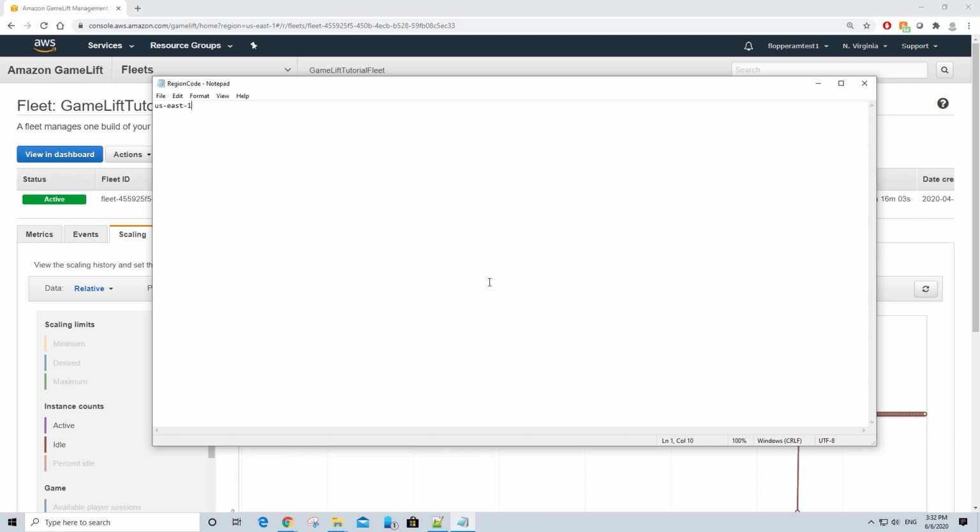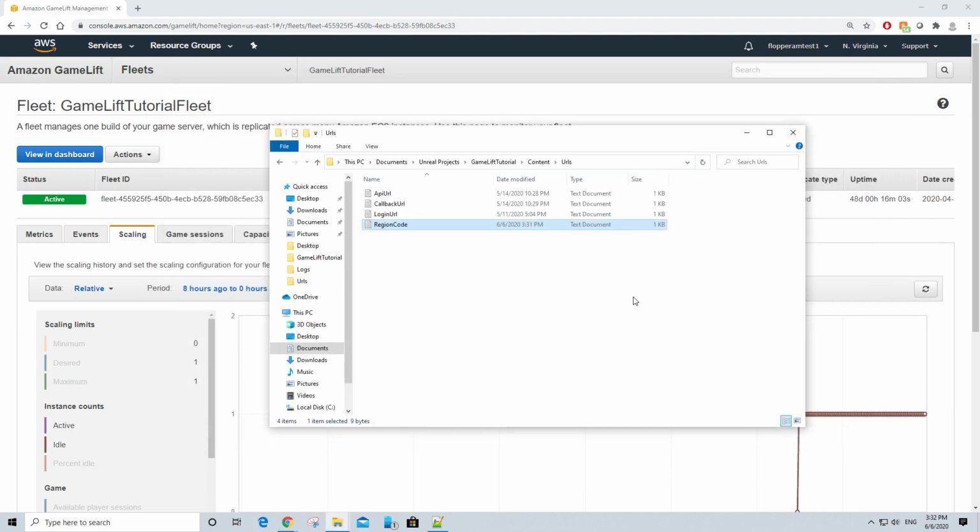Generally, the URL of the service endpoint follows the same format across multiple regions and even across multiple AWS services. Since we are focusing on just GameLift, the only variable of the endpoint route that changes is the region code. So once we're done with that, we can close this, go back to the main project directory where the uProject